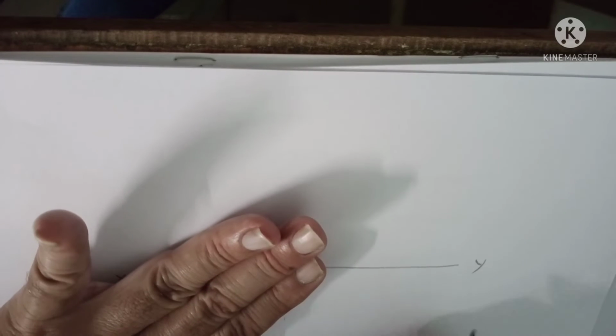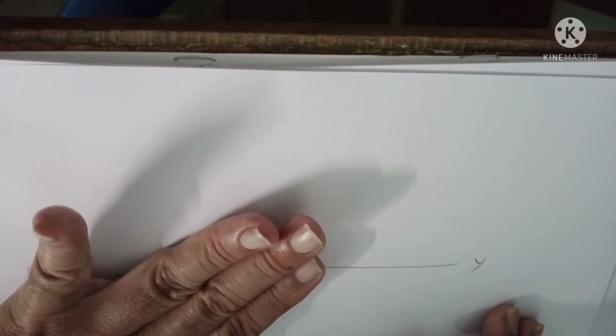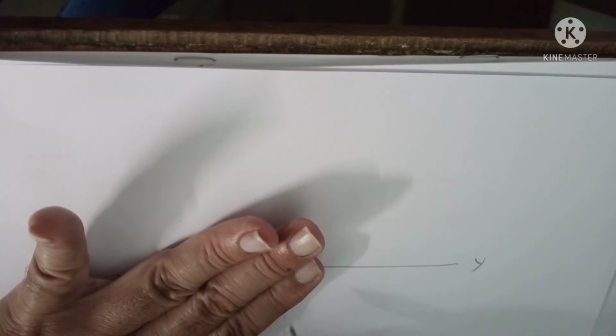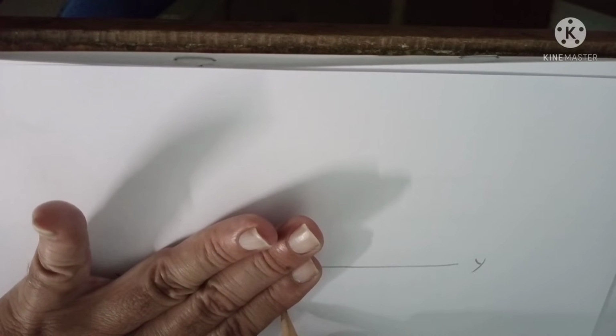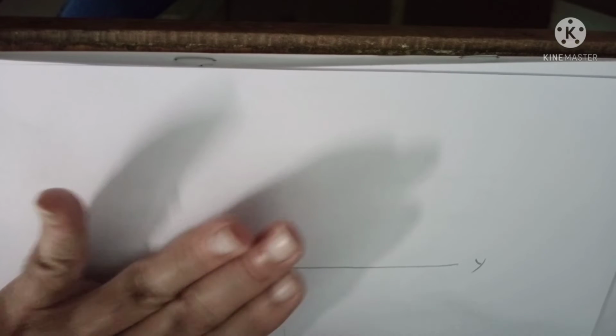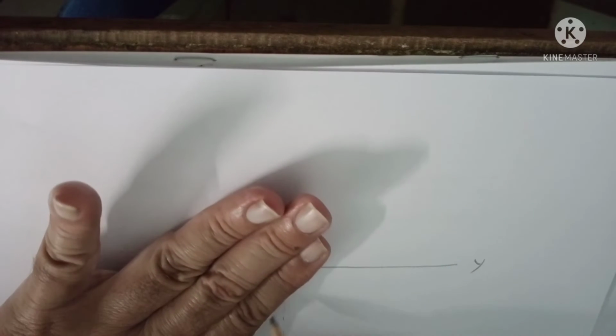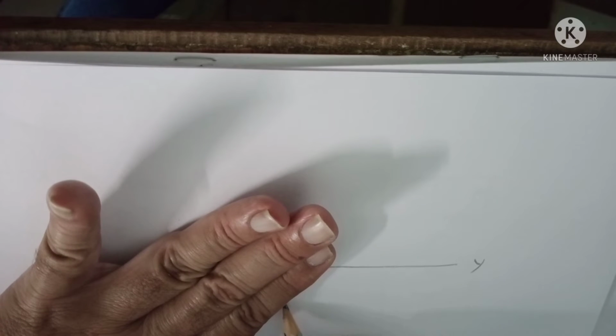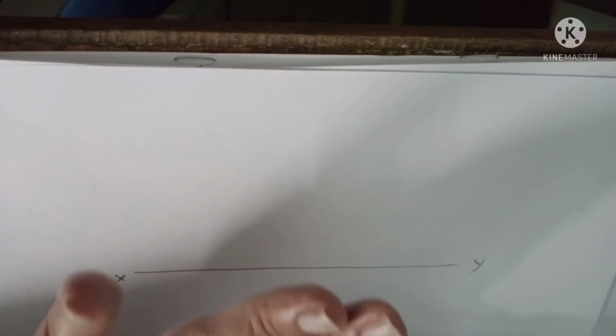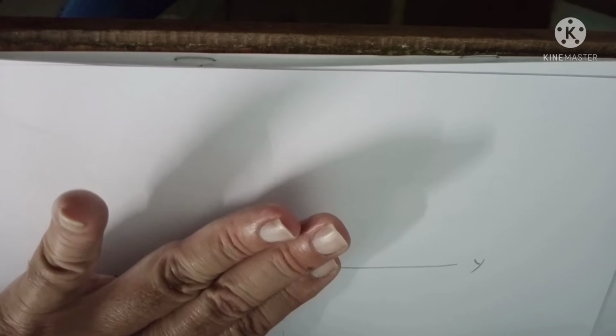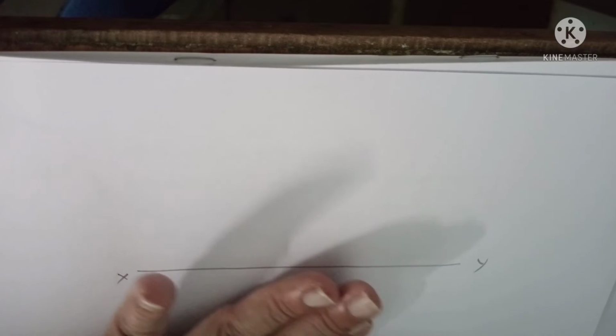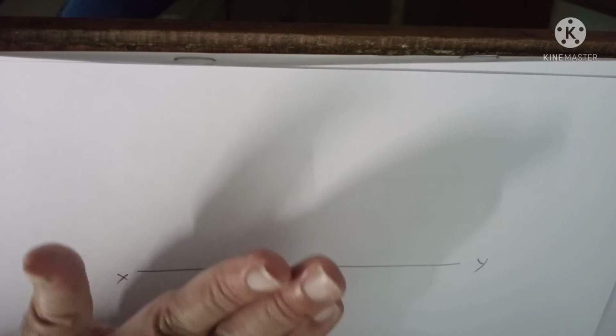So you do one thing: take the mini drafter scale at the 45-degree line. Move it till it is touching this point and this point. See that this is 48. If it is 48, just move it. This 0 point will be here, in the 45-degree line. It is 48 as you move from this point. Likewise, move in the opposite direction also. It is 48.